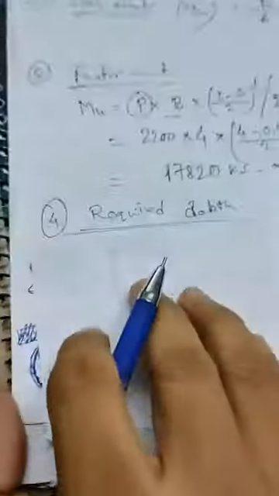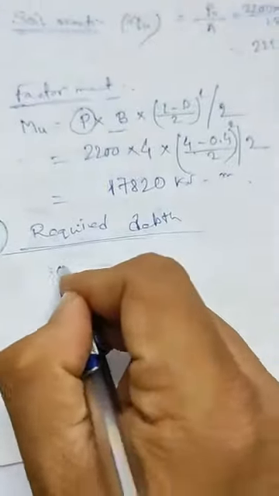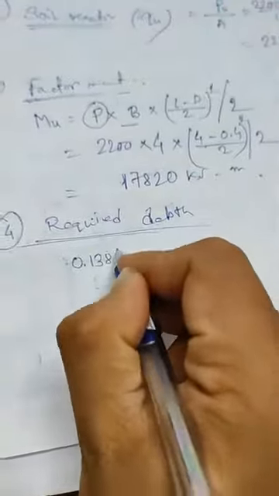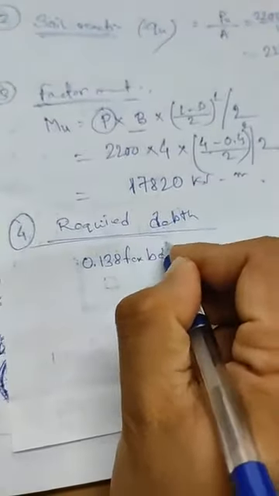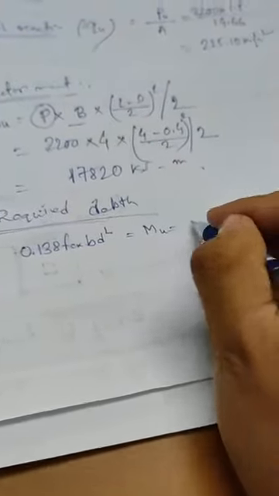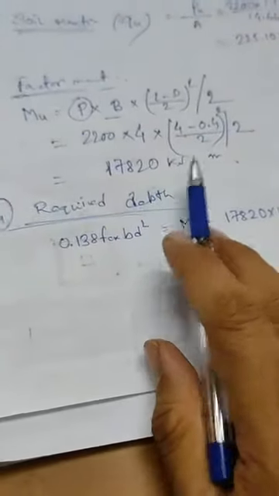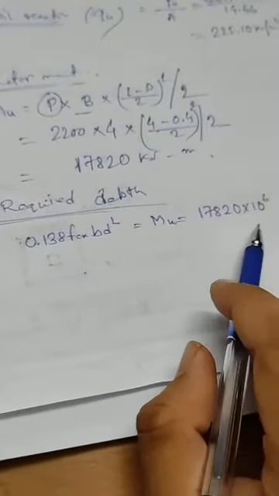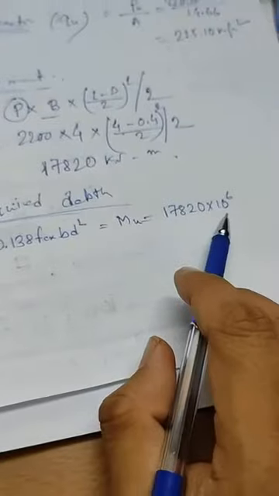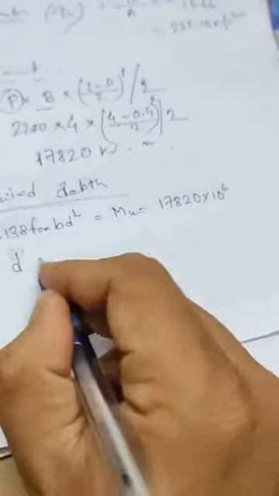Now we can use the same formula for Fe415 grade of steel: 0.138 fck B d square is equal to Mu. So your Mu is nothing but 17820 into 10 to the power 6. If you convert this from kilonewton meter to Newton millimeter, you have to multiply by 10 to the power 6. So from here you can say our d is